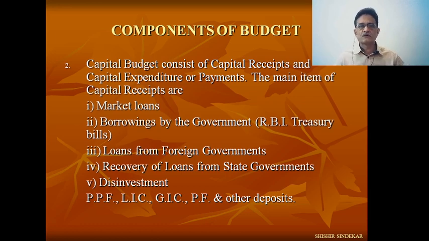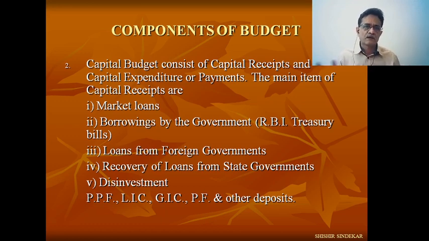So capital receipts include market loans, borrowings by the government, or the government may issue treasury bills, known as T-bills, or loans from foreign governments or from foreign agencies like IDA or the World Bank, IBRD or IMF. The International Bank for Reconstruction and Development or International Monetary Fund provides short-term or long-term loans, and those loans are shown on the capital account. At the same time, recovery of loans from the state governments is again an income for the central government,